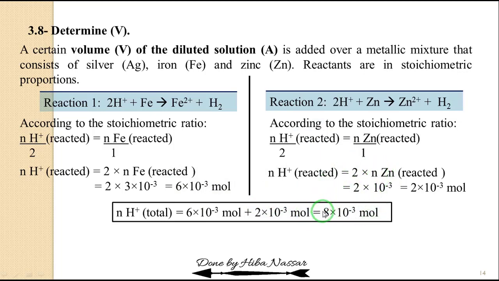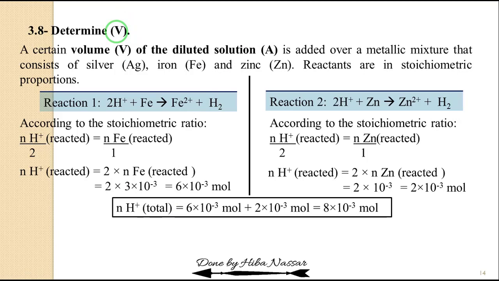It's equal to 8 times 10 to the power minus 3 mole. So here till now we calculated the total number of mole for H plus ions present in solution A, in the diluted solution. Now I need to calculate the volume for this solution, and don't forget that you have